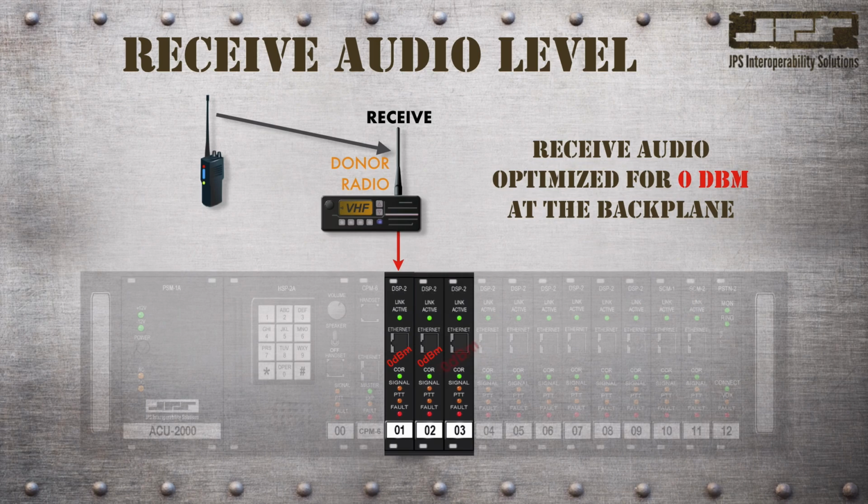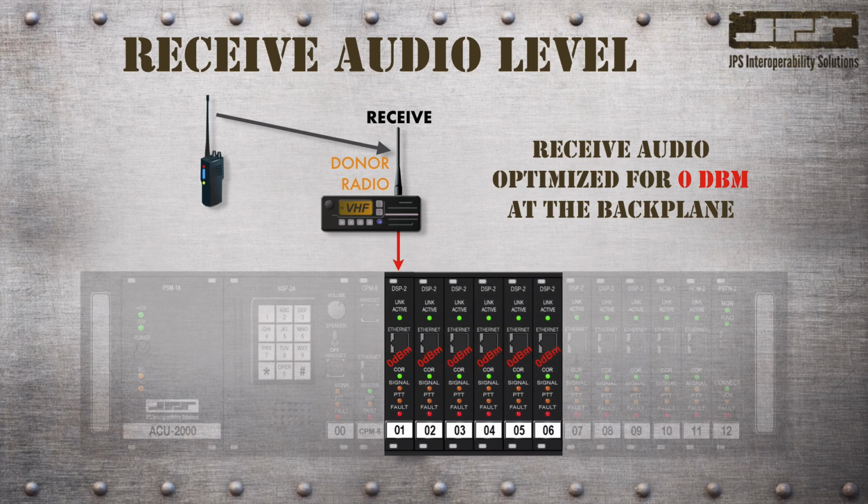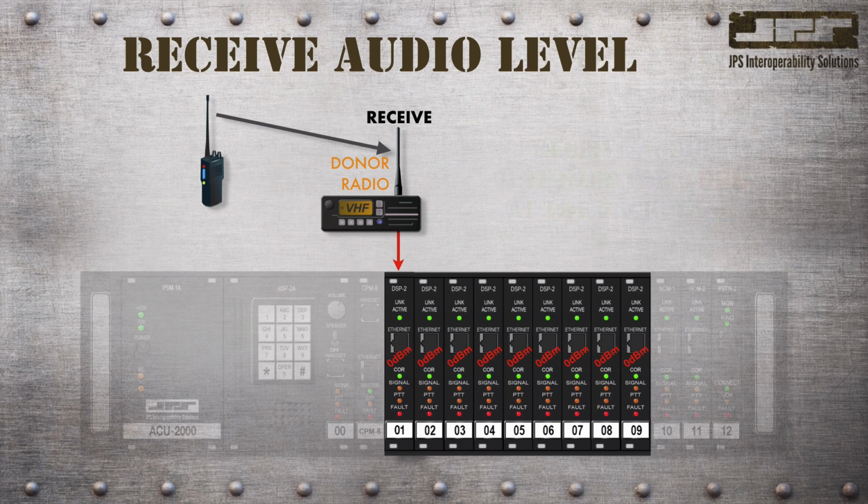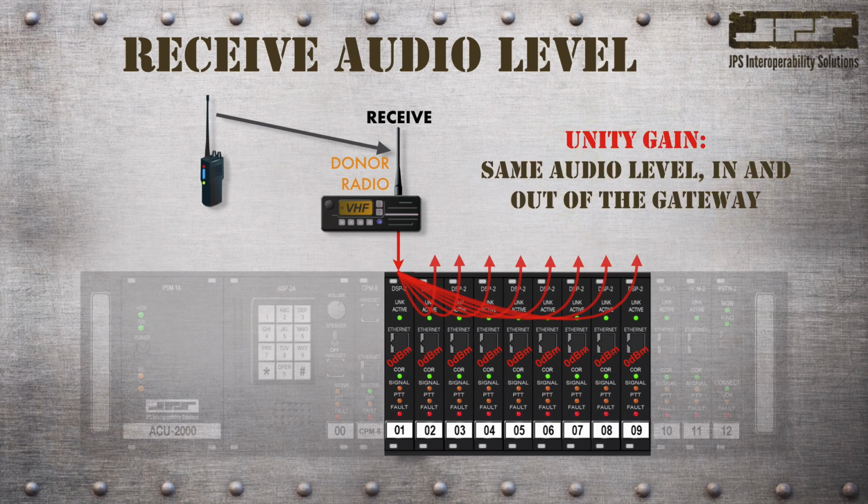With all donor radios providing the same virtual receive audio level at the backplane, all we need to do is make certain that the transmitting donor radios are properly modulated by the ACU interface. The gain of audio entering and leaving the gateway will be the same virtual levels. What audio level goes in is the same level coming out. As you remember, unity gain prevents over or under modulated conditions, so let's get started with the transmit audio level